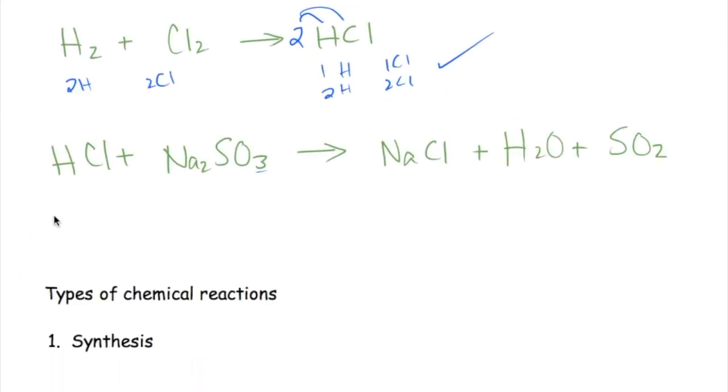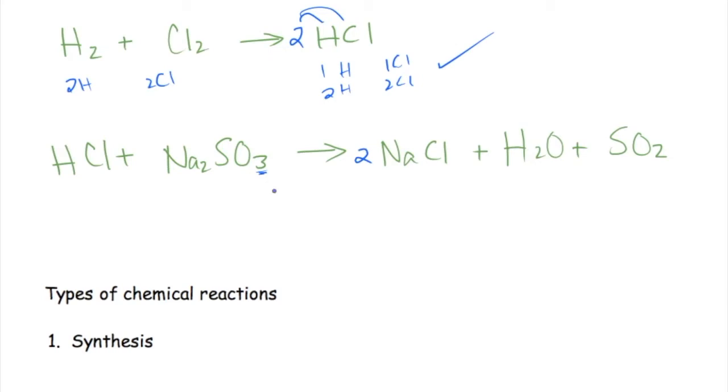Let's do one more example. So we have HCl, which is hydrogen chloride or hydrochloric acid, plus sodium sulfite, because of the 3, yields sodium chloride, water, and sulfur dioxide. Let's balance. I like to start with the larger elements, like sulfur. So here we have one sulfur, and here we have one, so that's good. Let's see sodiums. Here we have two sodiums, and here we have one, so we must put a 2 here,